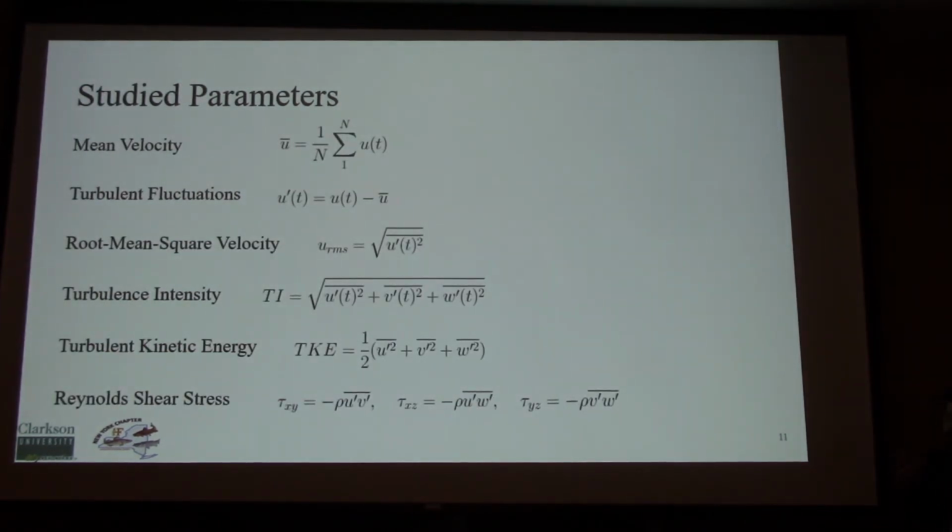So to study mean and turbulent flow parameters, we use these parameters: mean velocity, time average velocity actually, and the turbulent fluctuations, which are useful to calculate some other turbulent parameters like roughness per velocity, turbulence intensity, and turbulent kinetic energy. Also Reynolds stresses, which show how turbulent the flow is